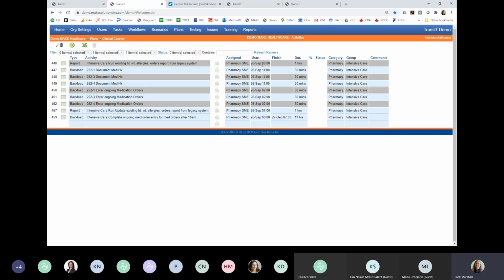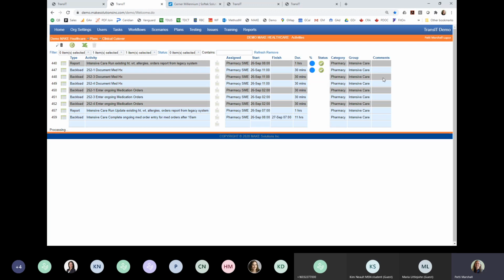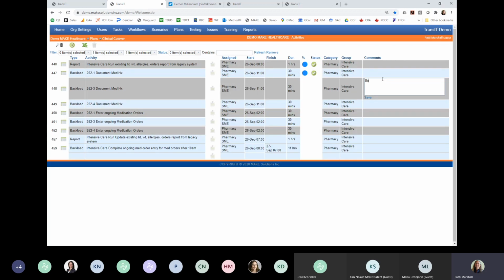So as somebody goes in and says, yes, they've run this report, they would come in and update the percent complete, and it updates the status and so on. I've documented the med history for the patient who's in bed 252-1, or room 252 bed 1. And so I'll go in and put that it's complete. And if there is a need to put a note, you can obviously put a note out here